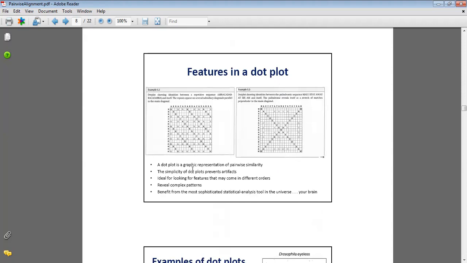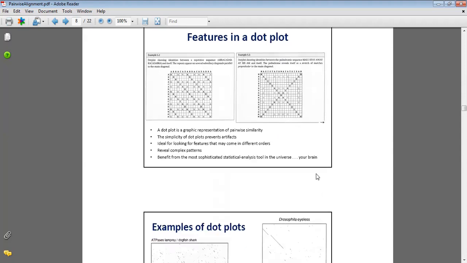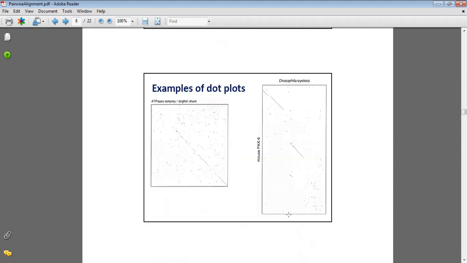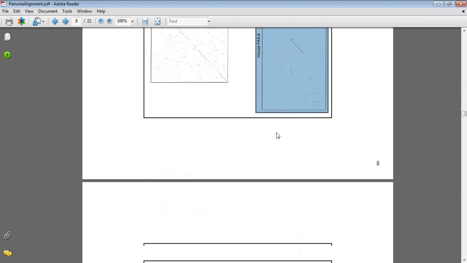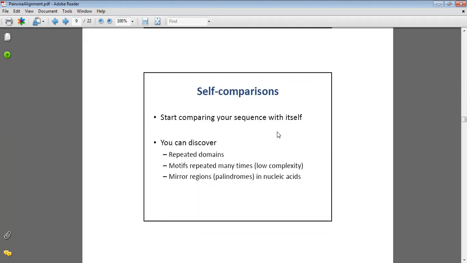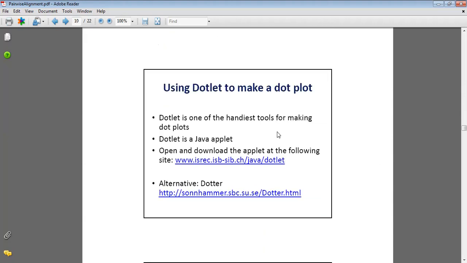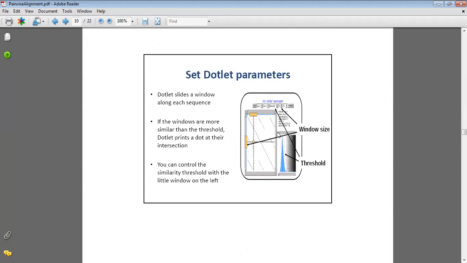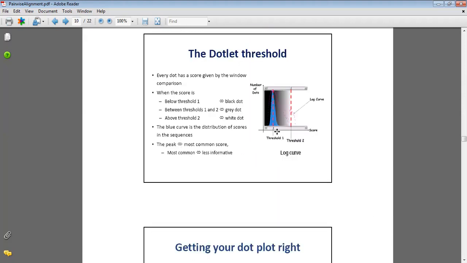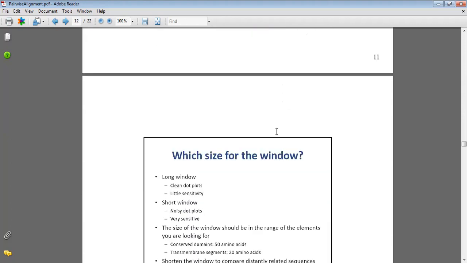Here they are showing a dot plot graph and how to make a dot plot graph. After that, in the ATPase analysis, we can see the dot plots. Whenever you find similarity, you can see the pairwise similarity through this method. So this is pairwise alignment and the dot plot